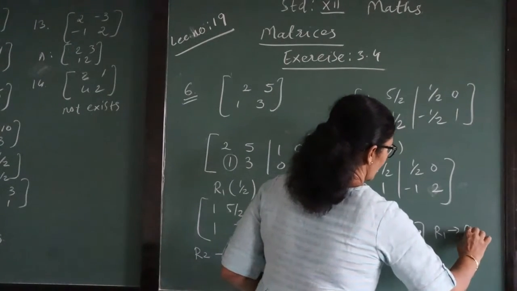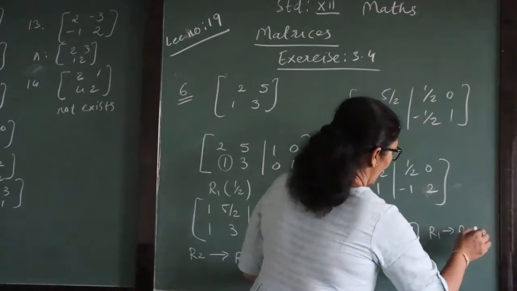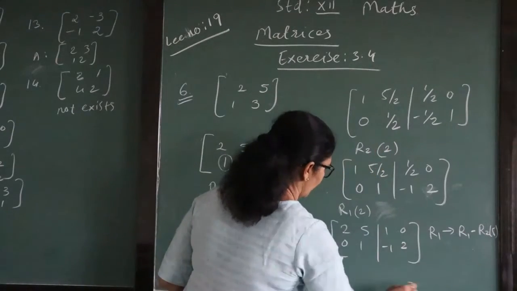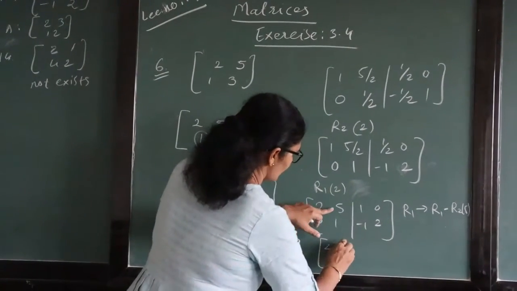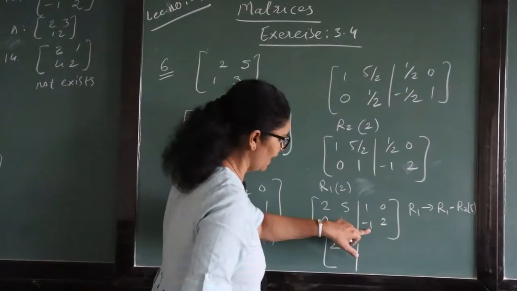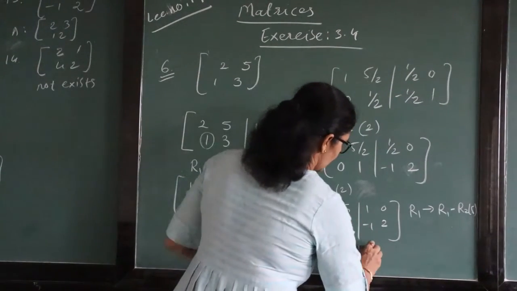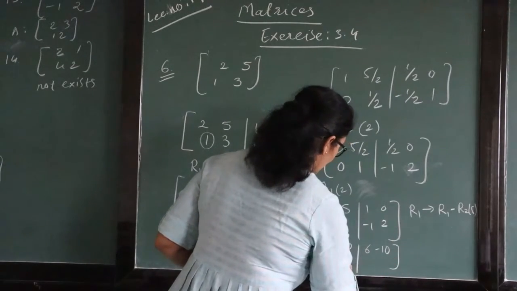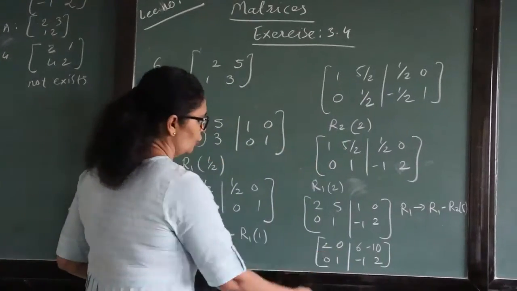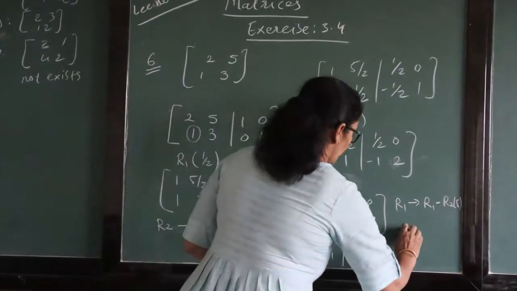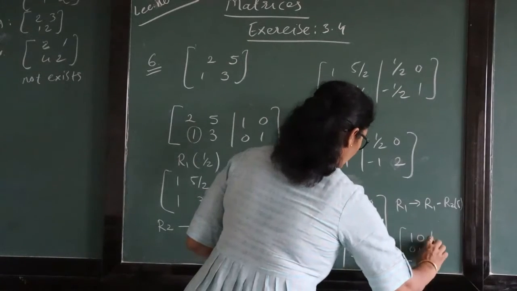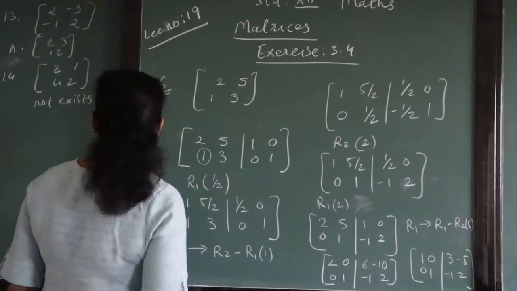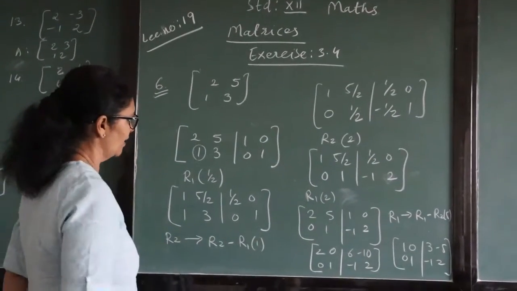So we are making a change in R2. R1 stays, but R2 will be multiplied by 5. So what will you get? We have written this: 2 as it is, this became 0. Now multiply by 5, and subtraction means plus 5, and 1 gives 6. 3 2s are 6, 5 2s are 10 with minus 10, and this one as it is. Okay, now we don't want 2 here, so divide the full row by 2. If you divide by 2, we get 1 0 0 1, and this became 3, minus 5, minus 1 and 2. So now what will be your answer? 3, minus 5, minus 1, 2.